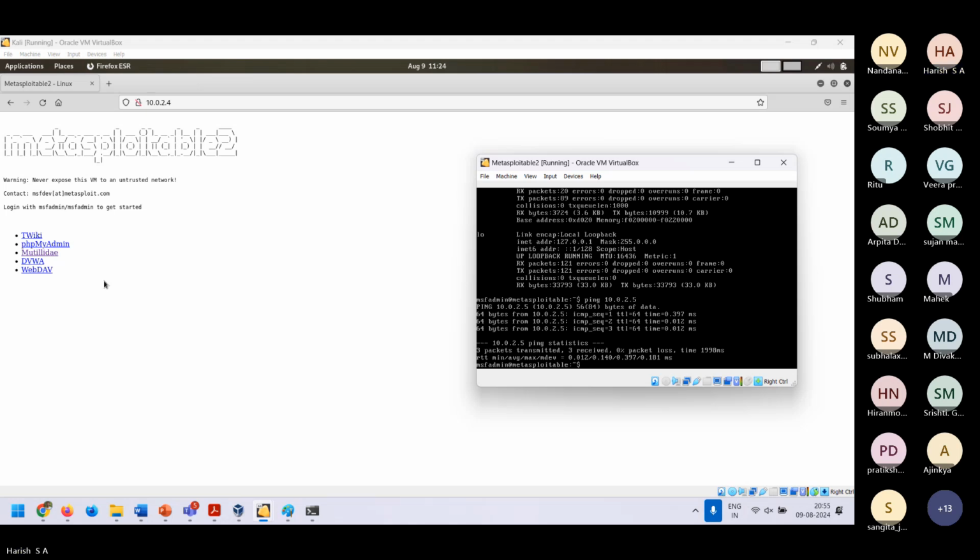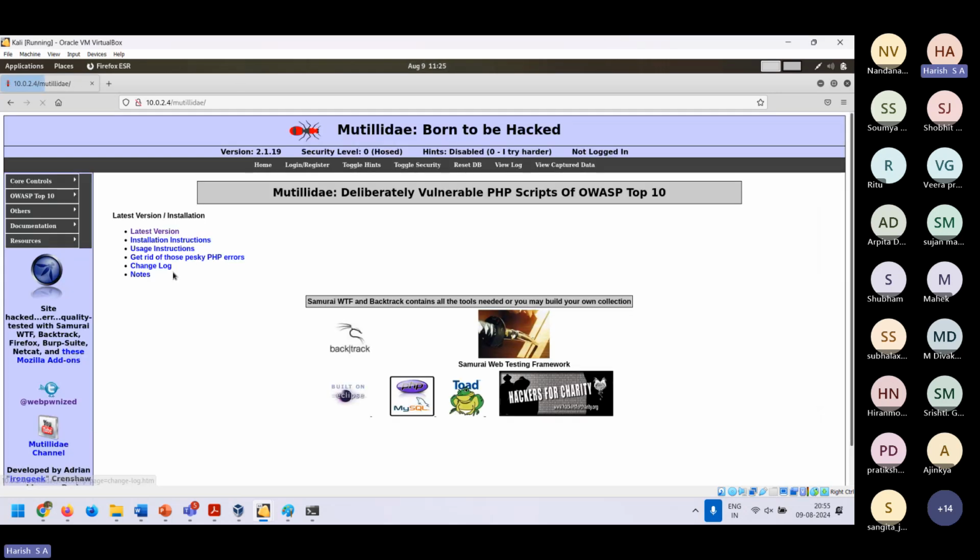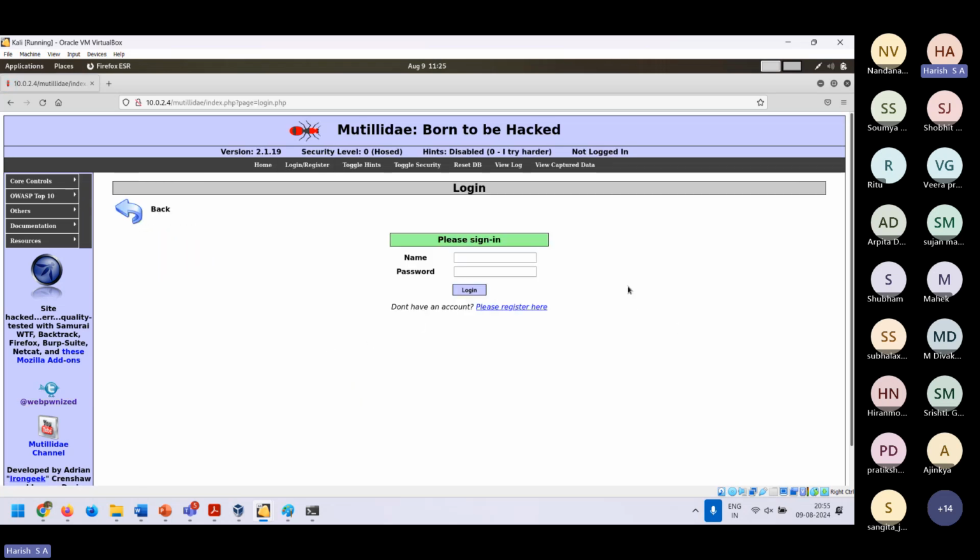Right? Now there are multiple applications in this, and these applications are by design made vulnerable, so that they can be exploited to learn attacks. How do attackers perpetrate attacks? So if you click on one of these, let's say this is an application that says it's born to be hacked. Okay. Now we're almost nearing the end of it. I'll just leave you a teaser right now.